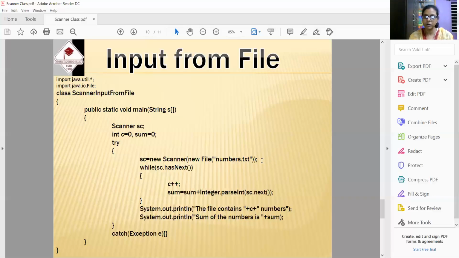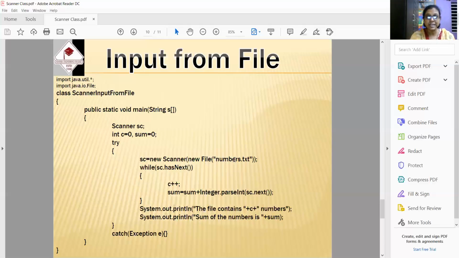And I have already told, if a checked exception is being thrown, then obviously the code should be written under the try block, or obviously you should use a user-defined exception handler, because it is not a matter of handling by the default handler provided by the Java compiler. Otherwise it will give a compilation error.